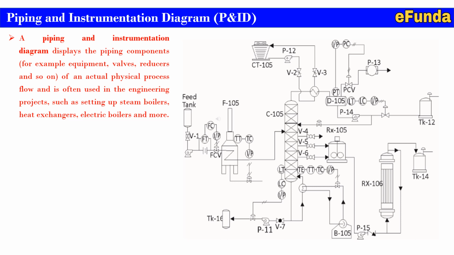One can see the respective instruments, starting from the feed tank where we have the flow transmitter connected to the FCVs for regulation at the furnace level, and then the temperature is measured at the furnace level so as to control the discharge from the furnace through the control valve. Similarly, the outlet coming from the furnace is connected to the column where the level is also shown, and the discharge line from the bottom of the column, connected back to the bottom tank, is also controlled through the level instrument, and on the other side it is going to the